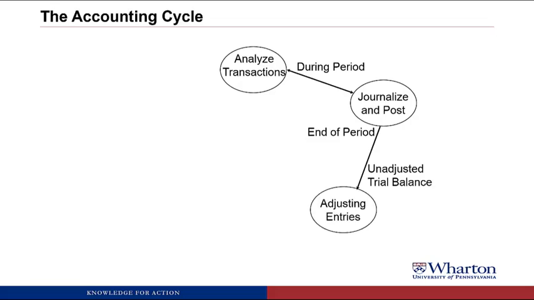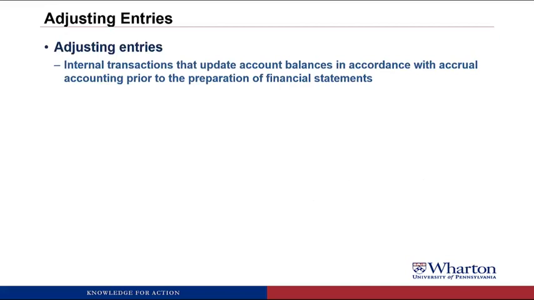Now we're going to move on and take a look at the next step in the cycle, which is adjusting entries. Adjusting entries are internal transactions that update account balances in accordance with accrual accounting prior to the preparation of financial statements. By internal transactions, we mean that we're not doing any more transactions with outsiders. This is just the accountant sitting at his or her desk doing journal entries to get accounts up to date